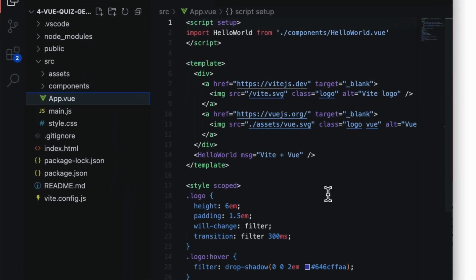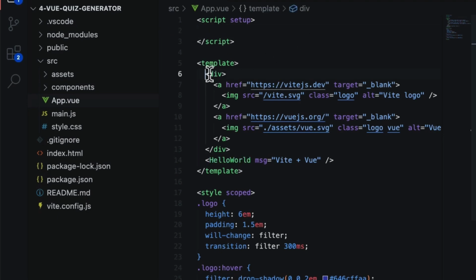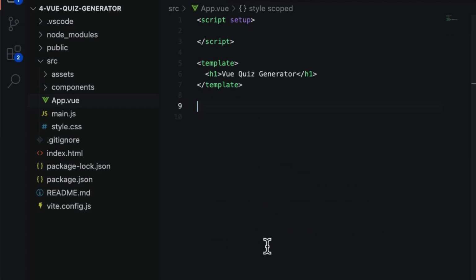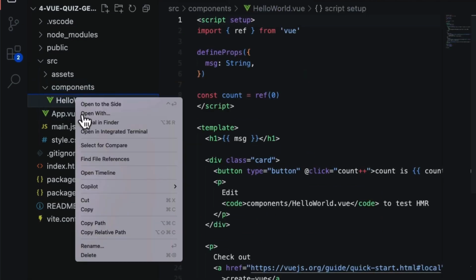Let's delete everything so we can start fresh. So I'm going to delete this import from here, and inside the template, let's delete all HTML elements. I'm just going to type h1 and write Vue Quiz Generator. We can also delete the style tag we have down here, and inside the components folder, we can delete